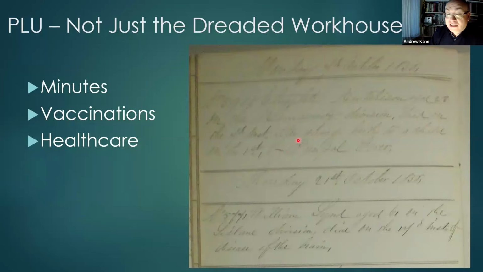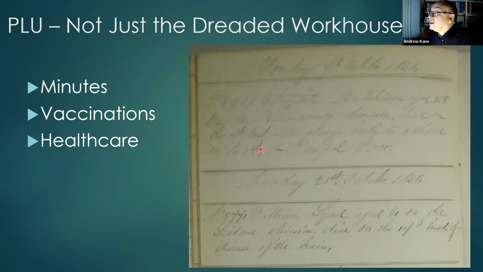So things that happen to these people are not going to appear on a gravestone because they don't have the money to have one. If they die there, they're probably going to be buried in the workhouse infirmary or the workhouse graveyard. So they'll not have a gravestone or even a register. And so on. So we can see here, on Monday the 7th of October, Elizabeth Hutchison gave birth to